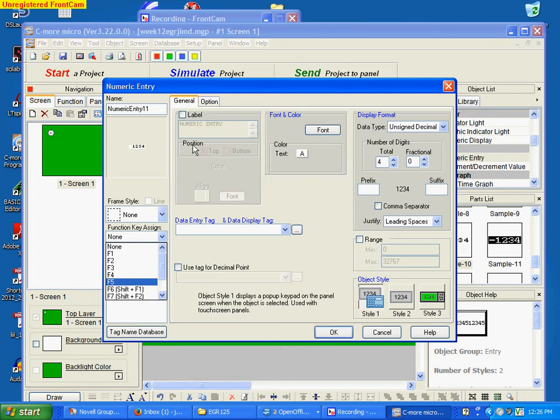I can put a label on there, font color, and this is sort of important, the display format. Data type is unsigned decimal. I can do octal, I can do hex, and I can tell it up front how many digits I have. If it's comma separated, that kind of thing. Tag,